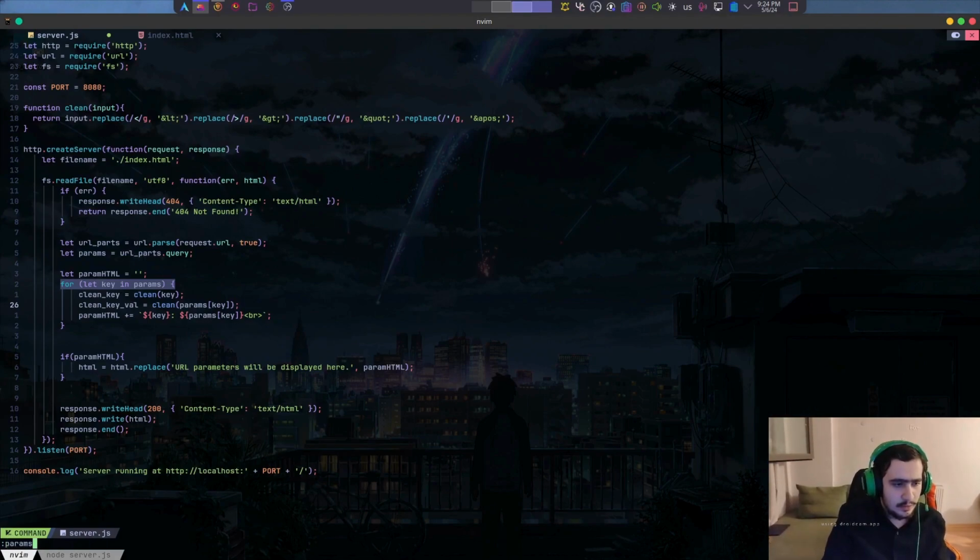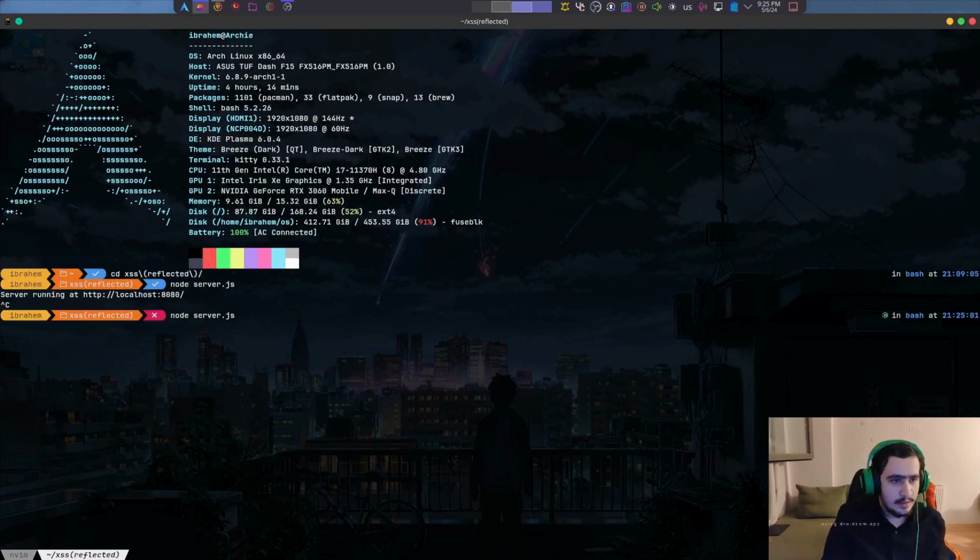And now we need to replace it inside the HTML, so here it's gonna be clean key, and here it's gonna be clean key value. So now if we save it, and if we restart the server like this,